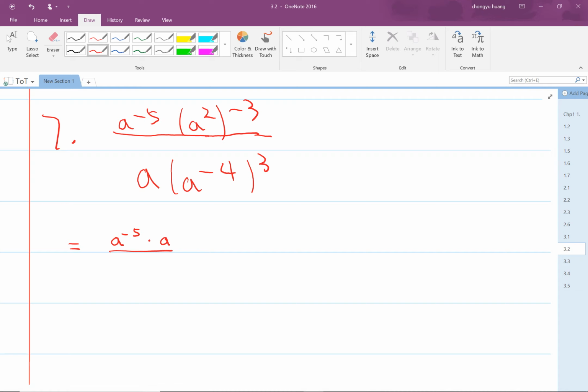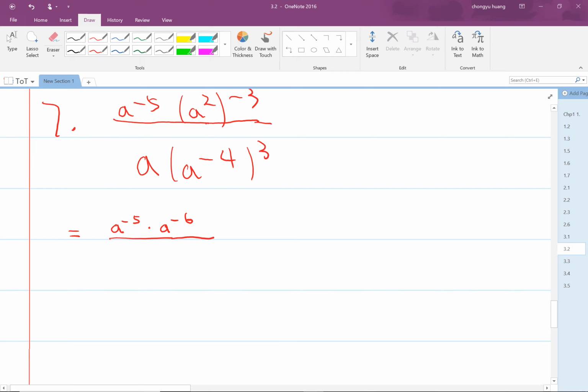So as in the previous step, as we showed, we know we can actually write it down as a to the power -6, right? So basically you are able to do this. Okay, it's the same thing. So a to the power -5 multiply a to the power 2 multiply by bracket to the power -3, so it becomes a to the power 2 multiplied by -3,